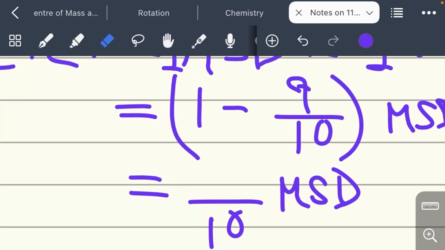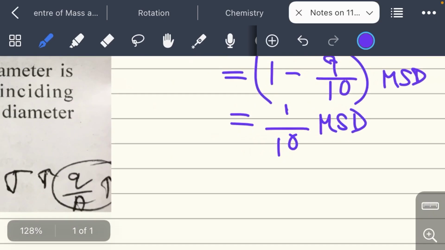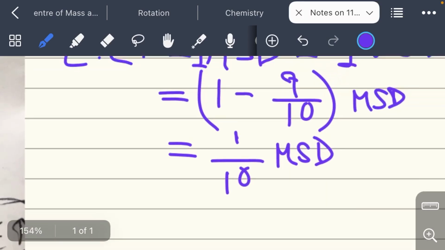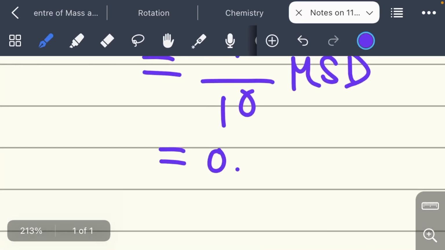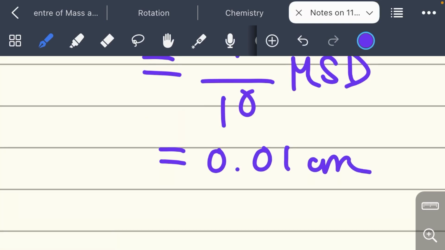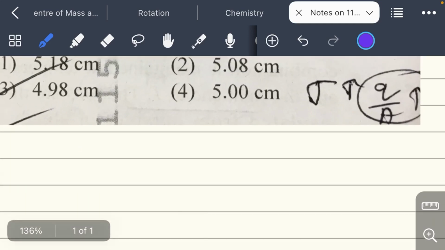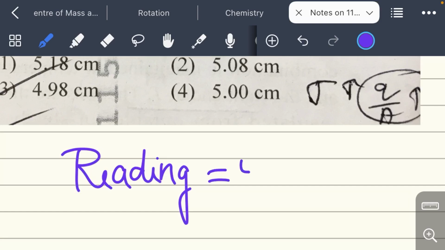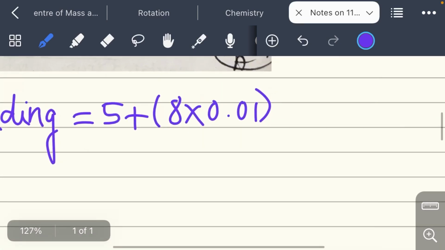तो ये वाला आंसर आ जाएगा, इनटू 0.01 सेंटीमीटर, है ना। तो 0.01 सेंटीमीटर आ गया। उसके बाद रीडिंग करेंगे, रीडिंग होगा 5 + 8 × 0.01, और ज़ीरो एरर माइनस होगा। यहाँ पे पॉजिटिव ज़ीरो एरर बोला गया है, इसका मतलब 4.98 सेंटीमीटर इज़ योर आंसर।